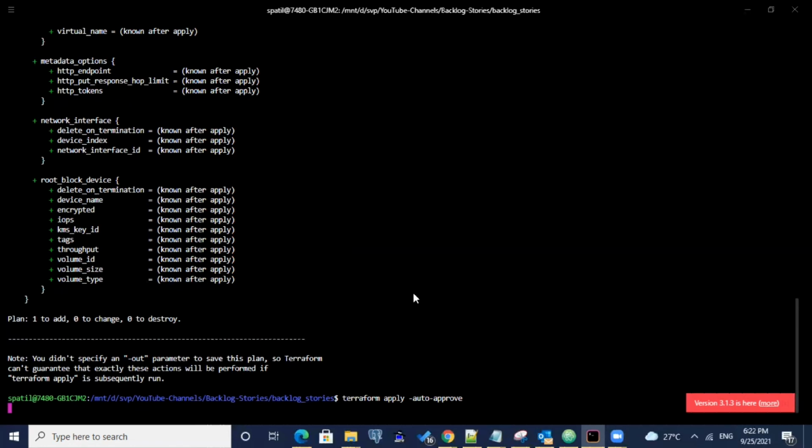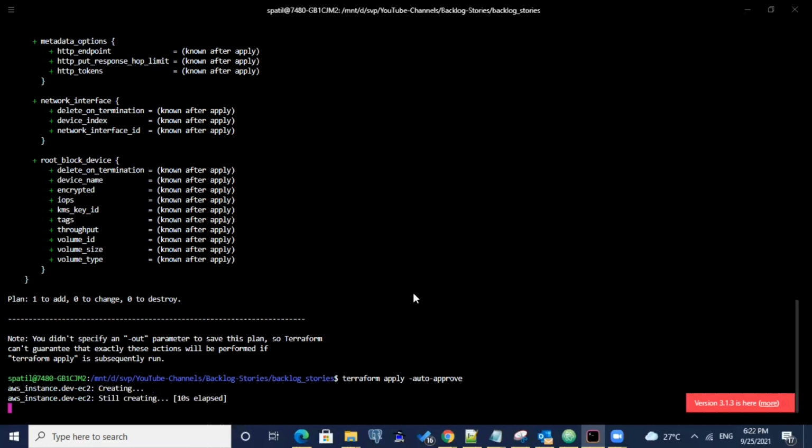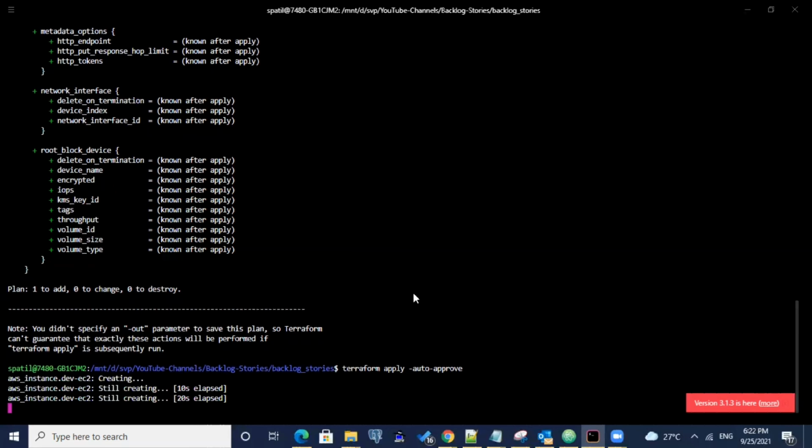It compares the local state to the actual infrastructure state, the current state to the actual state. Let's let it finish, and once it is completed, I'll show you so that you get a clear idea.